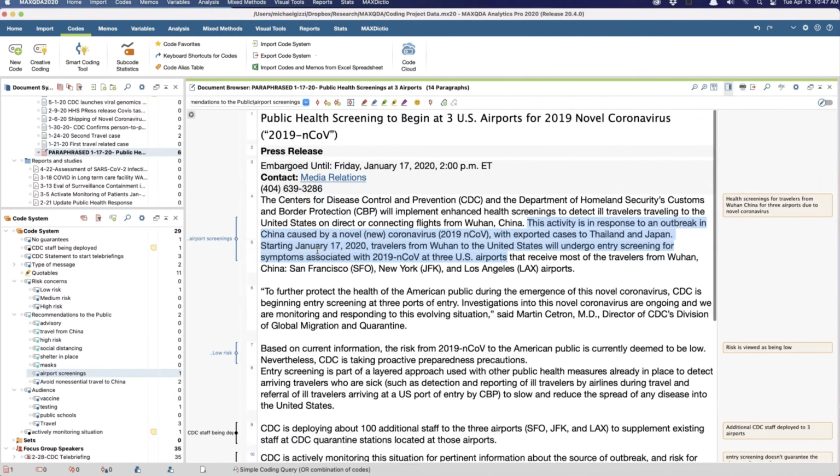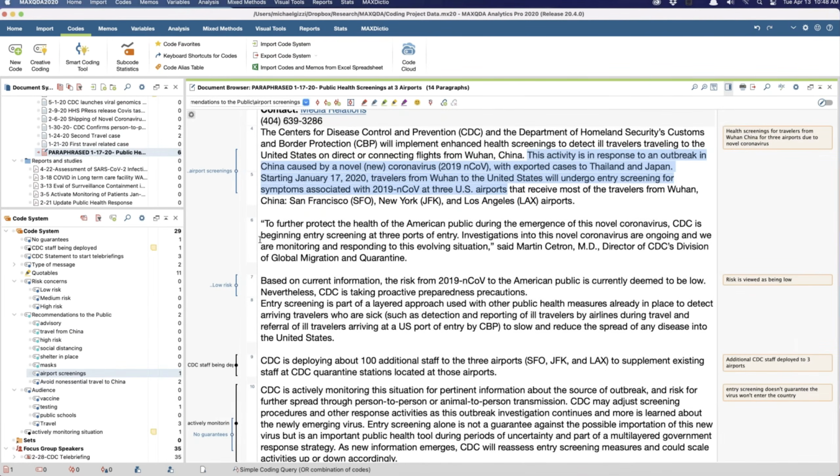Code that there. I generally wouldn't code these same two things, but for our purposes here, say I want to code that as well. I can simply click this to code that highlighted segment as the last version of it.